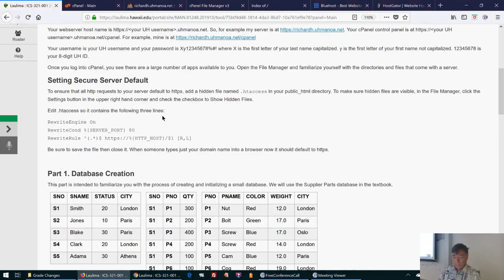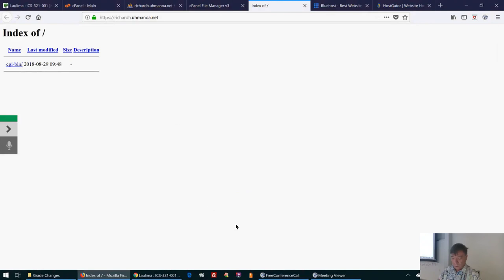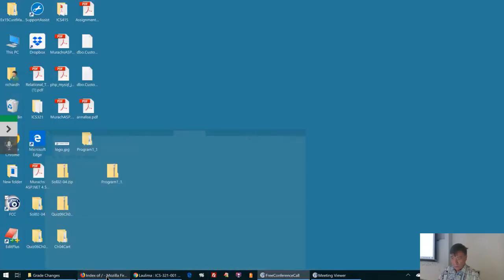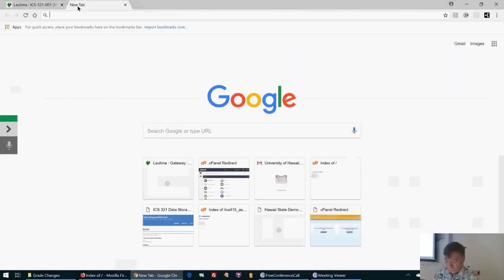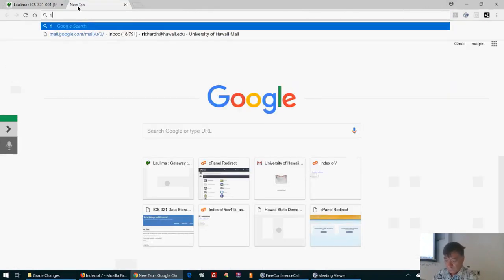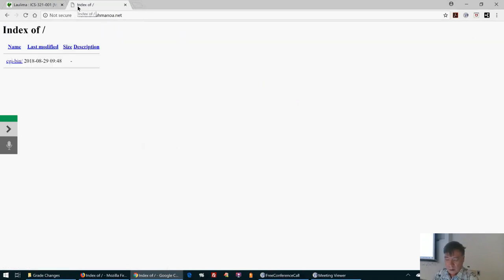But before we do that, you will notice that if I go to a different browser and open richard.uhmanoa.net, it shows "Not secure." It just defaults to HTTP://